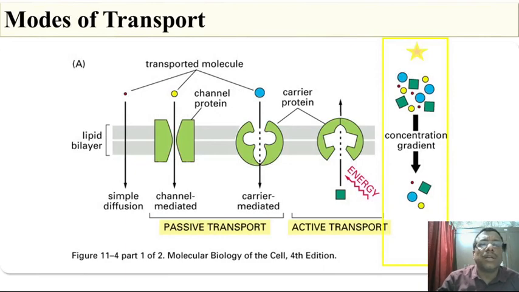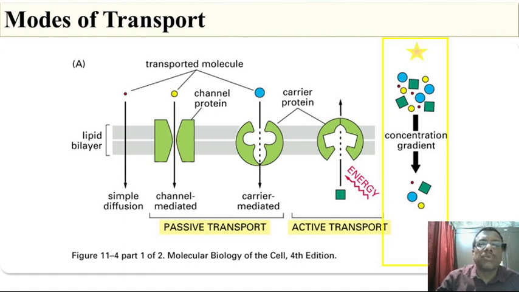Here is a protein channel, and this is a protein molecule, and it is channel mediated. So through this channel only some molecules can be transported. This is called passive transport. They can move freely from the region of higher concentration to the region of lower concentration. And some molecules move by simple diffusion. Some molecules require proper channels or protein molecules embedded in the lipid bilayer, which allow specific molecules to pass through. And there are some molecules which require carrier proteins.